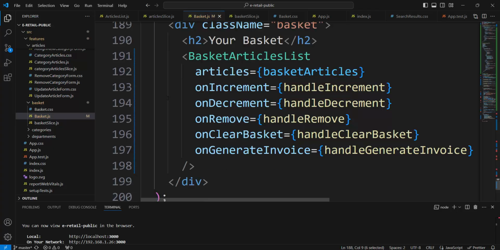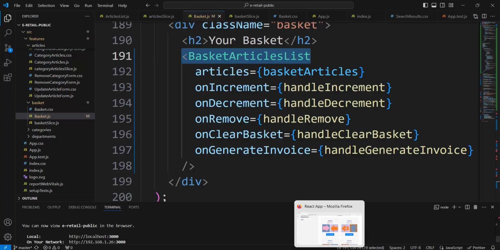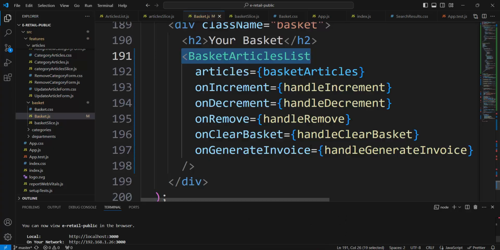Look at, there is a basket article list. Okay, basket has basket article list, and look at